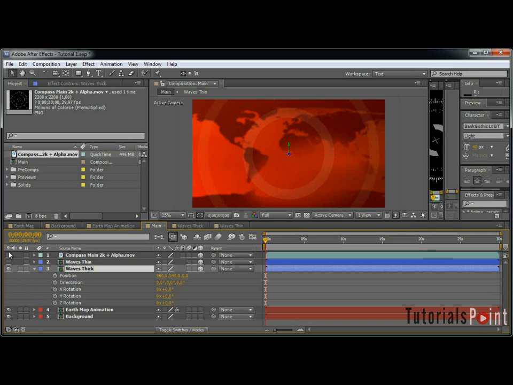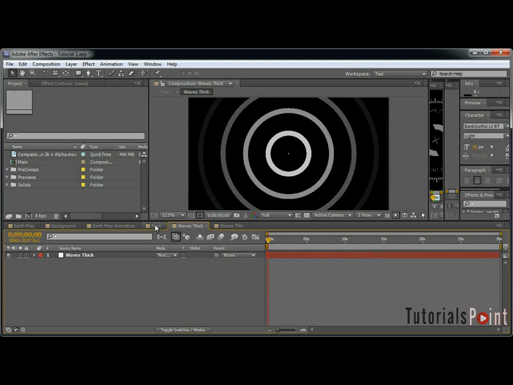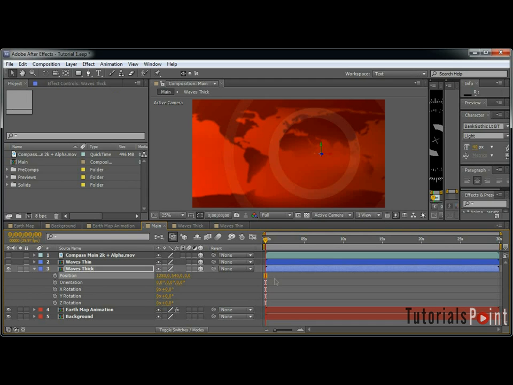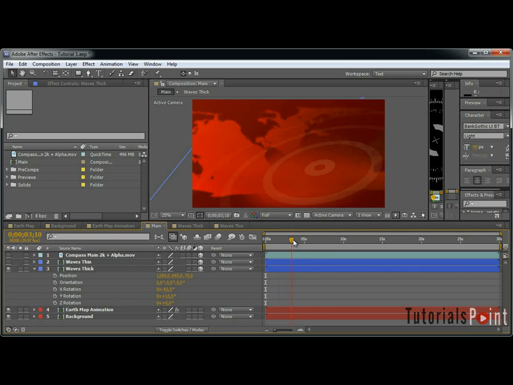Let's turn these layers off and start to tweak the settings, like so. And set the rotation to -65 for the X and 15 for the Y, and as you can see we get our radio waves,